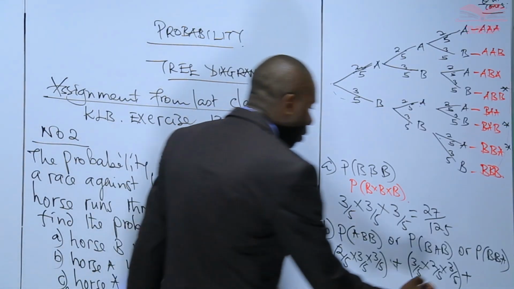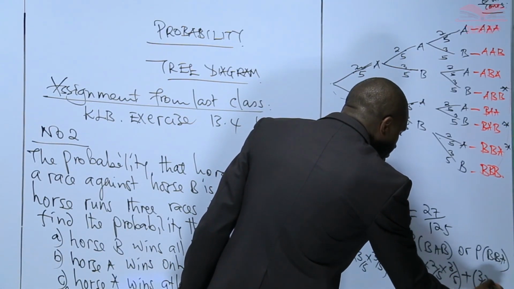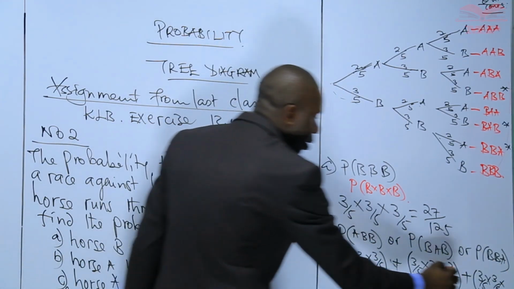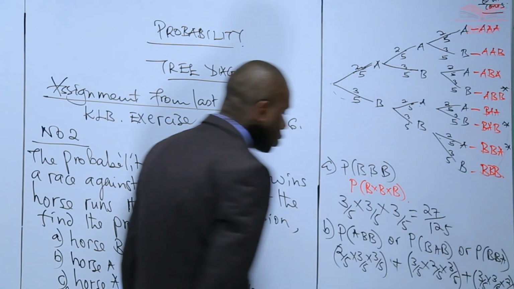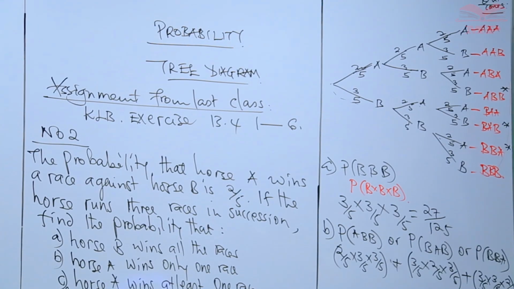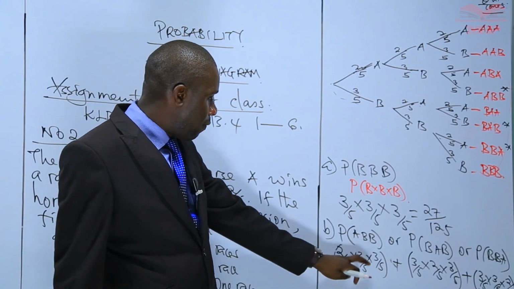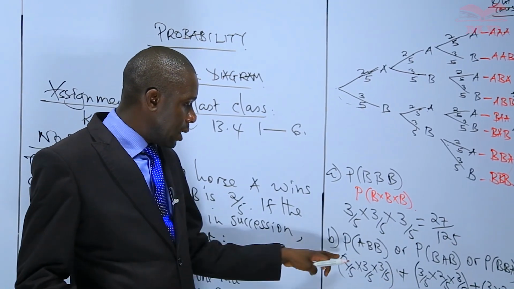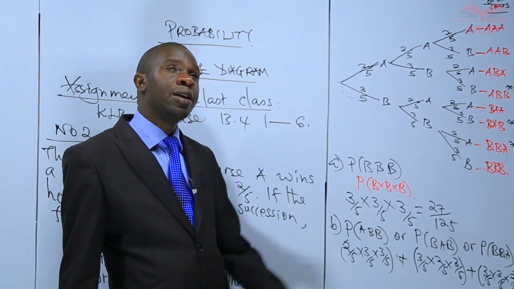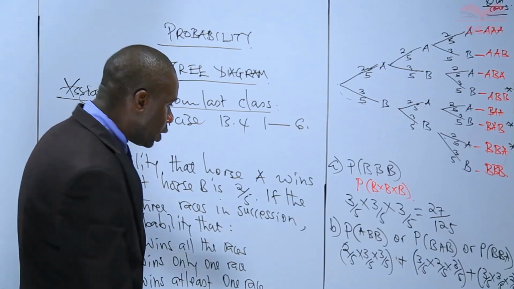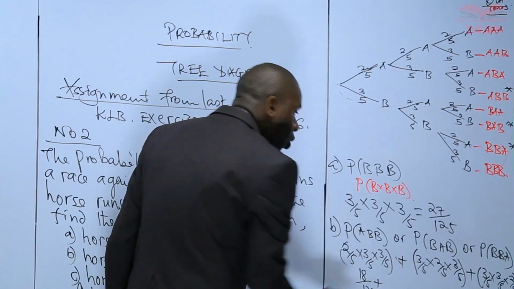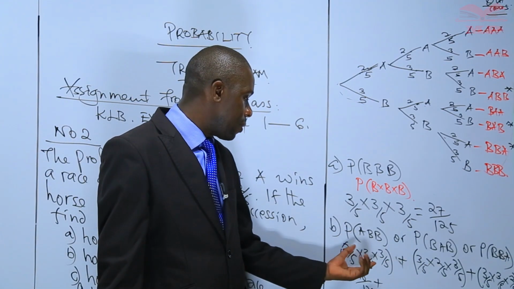The probability of B, which is 3 out of 5, multiplied by the probability of B, 3 out of 5, multiplied by the probability of A, which is 2 out of 5. So we can continue and shift that information here. Now, working with the 2 over 5, 3 over 5, and 3 over 5, we can solve this by saying 2 times 3, that is 6, and 6 times 3 is actually 18. So this one will give us 18 out of 125 plus,